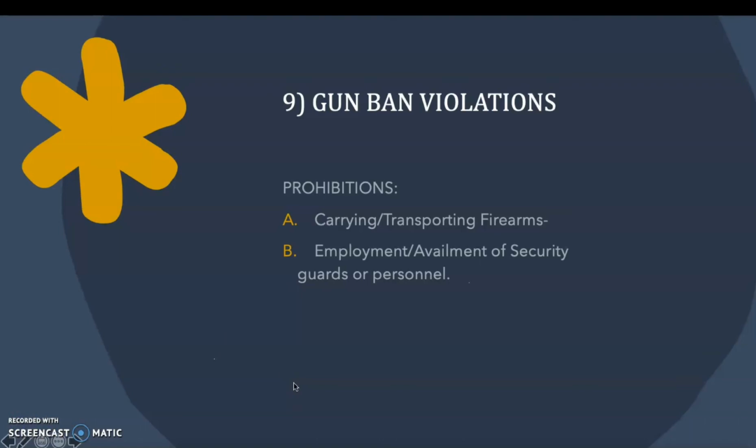So as a general rule, during the election period, no person shall bear, carry, or transport firearms or other deadly weapons in public places, including any building, street, park, private vehicle, or public conveyance, even if such person has a license to possess or carry the same. So, question, who may bear firearms? As we mentioned in letter A, only those who are authorized in writing by the Commission on Elections may bear firearms. So unless authorized in writing by the COMELEC,